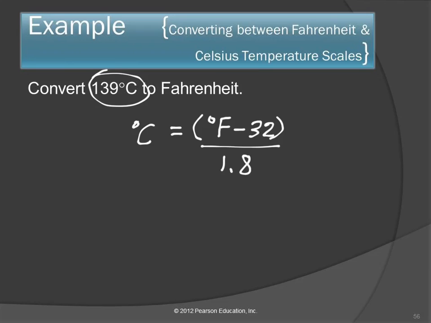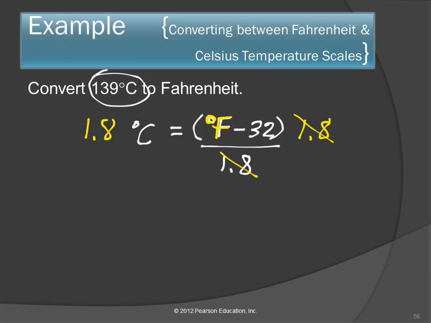The basic idea in rearranging equations is that you undo what's done. So here we've got Fahrenheit. This is what we're trying to get by itself. Well, what's been done to the Fahrenheit? It's had 32 subtracted and 1.8 divided. We need to do the 1.8 first. If we multiply this side by 1.8, the 1.8's cancel out. If I do it to that side, though, I have to do it to this side. It's still equal.